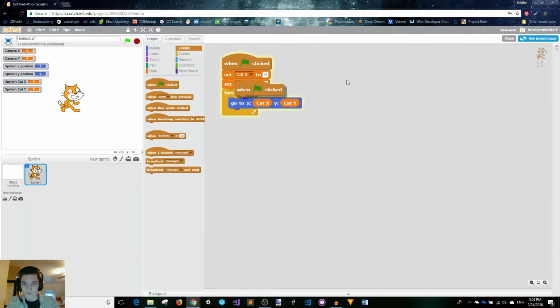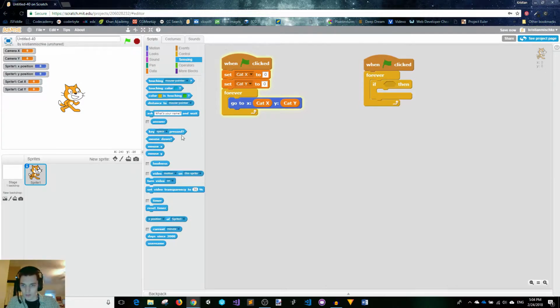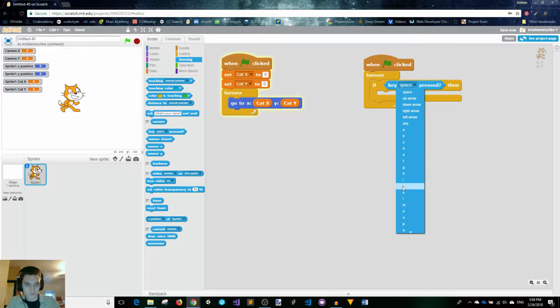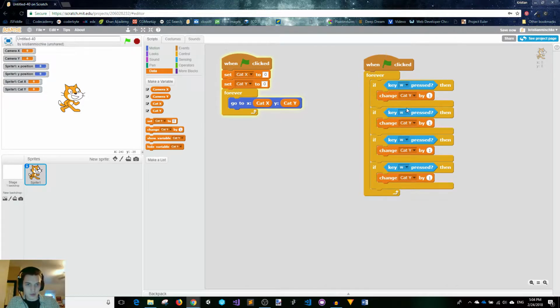So we're going to set up a very similar thing to what we did in the stage for the camera, and we're going to grab our forever and our if block and our key pressed block, and we're going to do this time W, A, S, and D, and we're going to grab our change variable block in there, duplicate this 4 times. Okay, so we've got W is for up, S is for down, A is for left, and